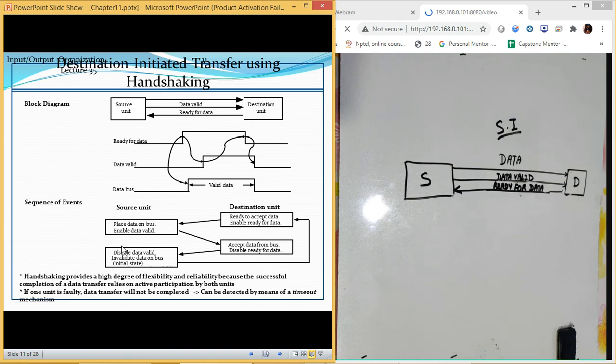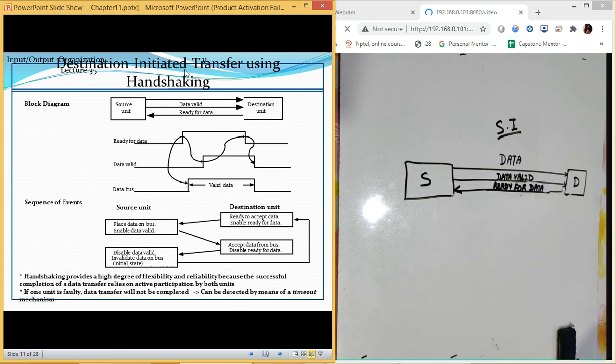Now, what does it mean? In the case of ready for data, first of all, the first thing which we are going to receive will be the ready for data signal. Now, how is it going to happen? Firstly, the data will be sent on the bus, and then the rest of the things are going to happen. Now, let us do it from this place.